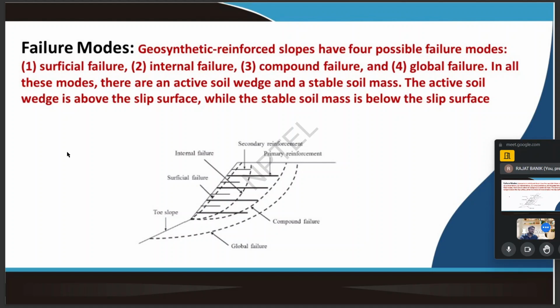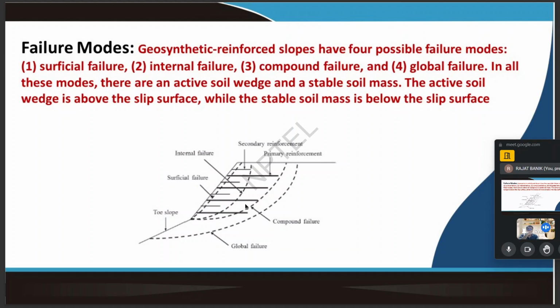The active soil wedge is above the slip surface, while the stable soil mass is below the slip surface. So here one schematic diagram is given for different types of